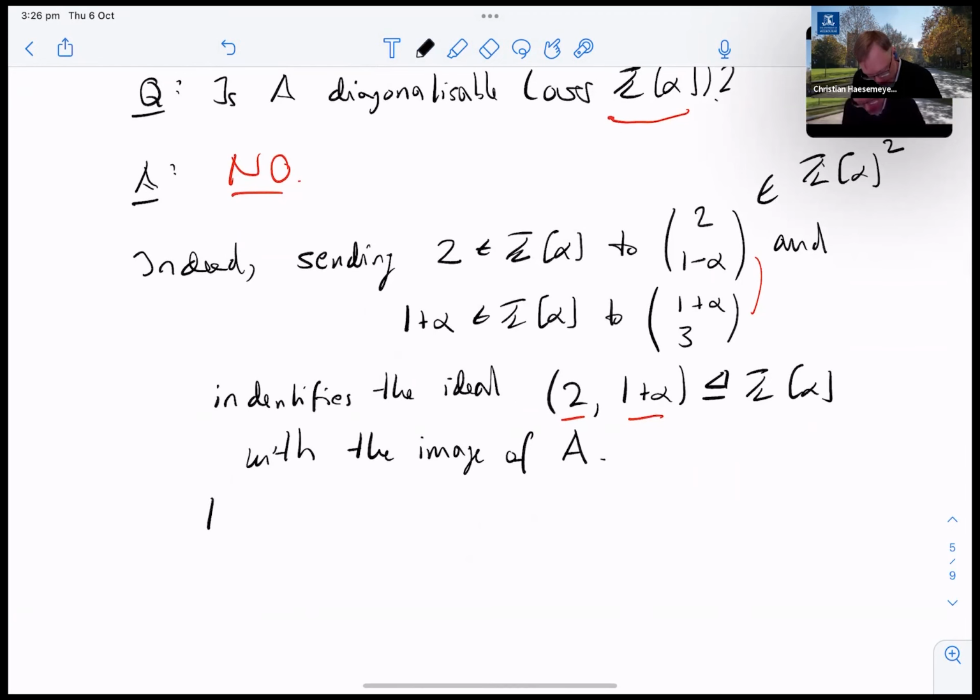And now this ideal is not principal. This is a well-known fact. It's the first example of a non-principal ideal in a ring of integers. It's not a principal ideal. It cannot be generated by one element,